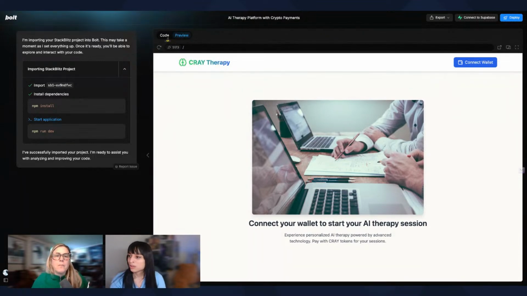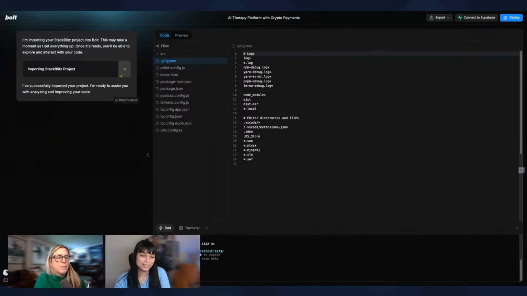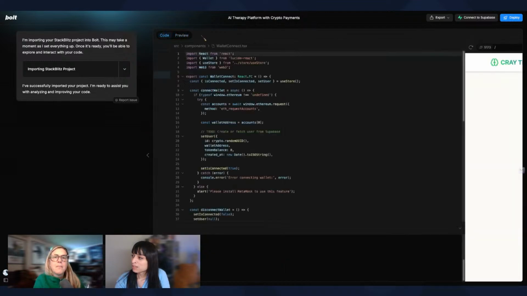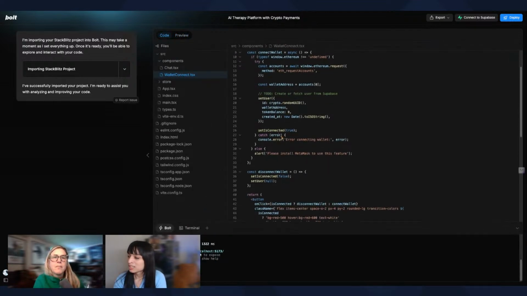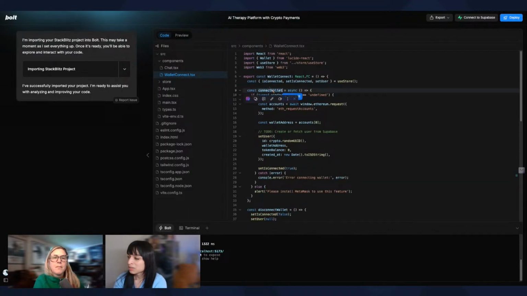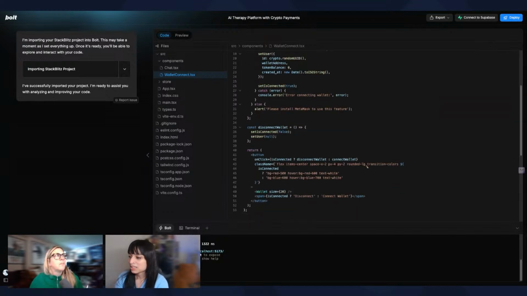Successfully imported a project. Cool. Awesome. So it doesn't have the text, which I guess is a good thing for some people. Let's see. What we have here is the components, and we had the Wallet Connect component. The cool thing about the Wallet Connect component is that you can do this toggle situation. So there's this disconnect wallet and then we have connect wallet. Remember, I was like, that's kind of inconvenient to have that sort of redundancy. What really matters is disconnect wallet is just like doing a connect wallet, but the inverse of it.